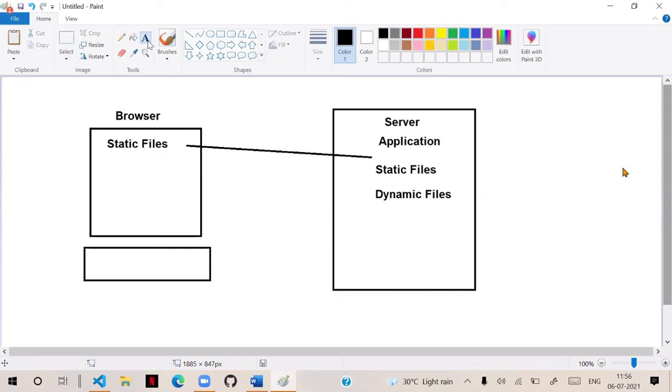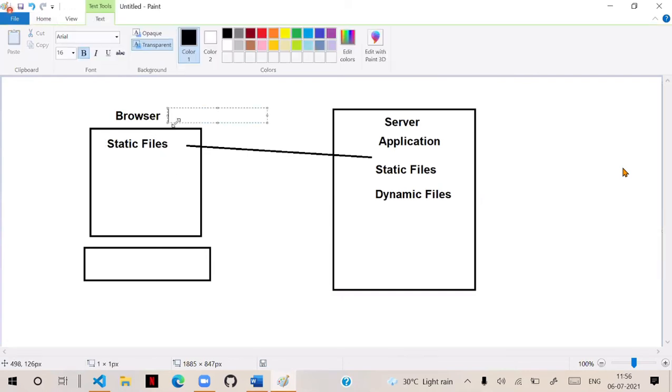The browser will take care of processing and presenting these static files.